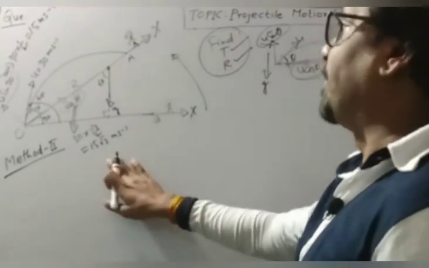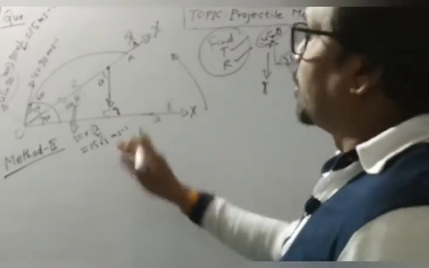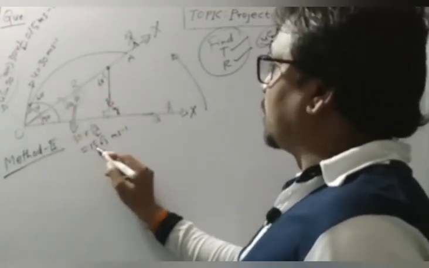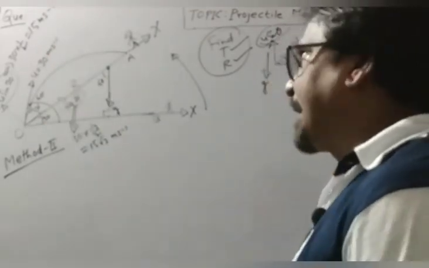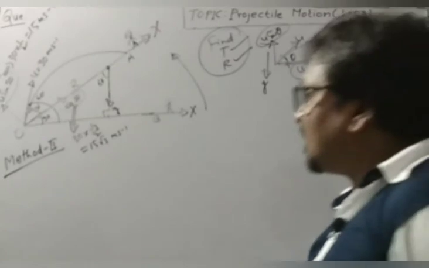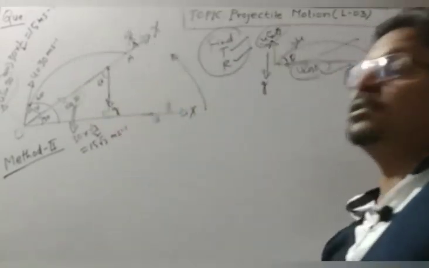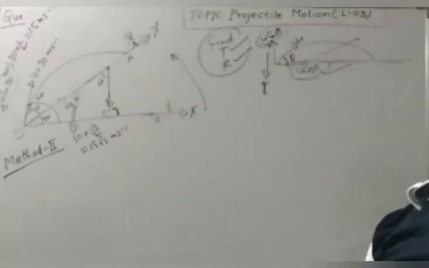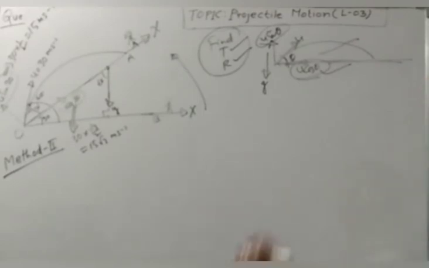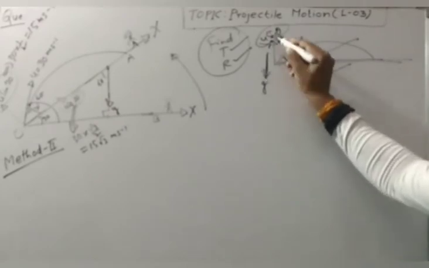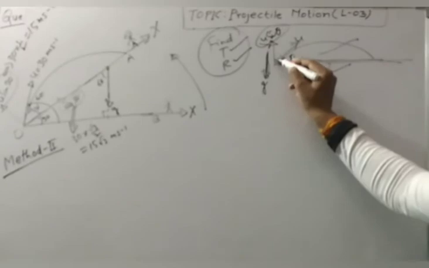This is 15 root 3 velocity which is acting along OA, and the velocity perpendicular to this velocity root 3 is 15 meter per second. What about this g? g is basically acceleration due to gravity acting vertically downward. We need acceleration perpendicular to one of the components. Like here, for the vertical component, acceleration due to gravity was acting opposite to the vertical component.